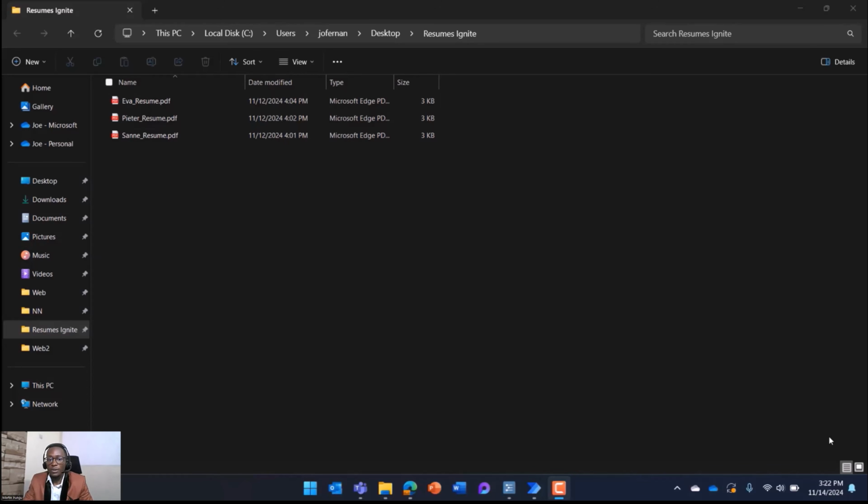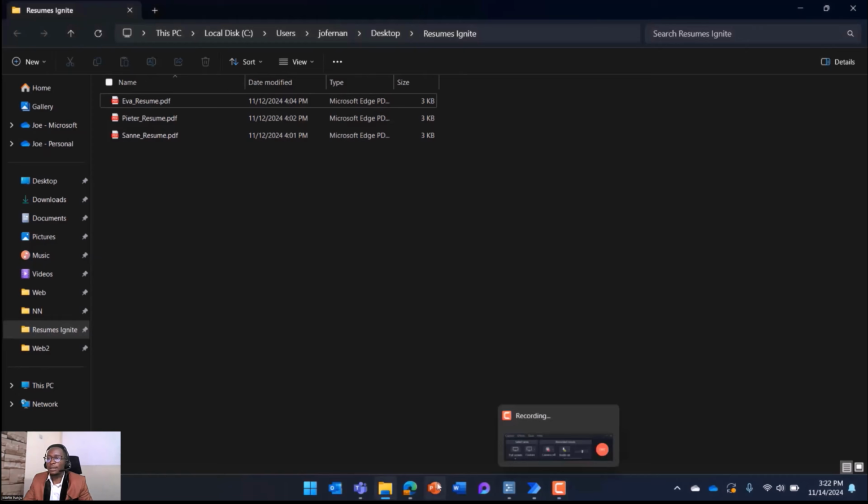And remember, we said that it's not just RPA, it's RPA with AI inside. So we're going to show you how it's running, it's recording the actions you want to do. And after it has learned from you, it now continues and does it autonomously. You can see these are the resumes stored in a folder. This is a shared folder where, when people apply, the resumes come here. Then we're going to launch Power Automate Desktop, and then we're going to record the actions we want to do.